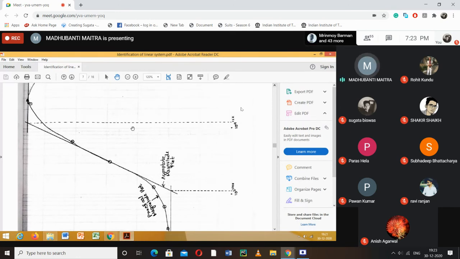Now, again at this point, you see there is a change in the slope. Now the curve is a flat one. So the slope is now 0 dB per decade. That means at this point, the effect of the zero will be nullified by the presence and influence of a pole. So at this point, the system will have a pole.